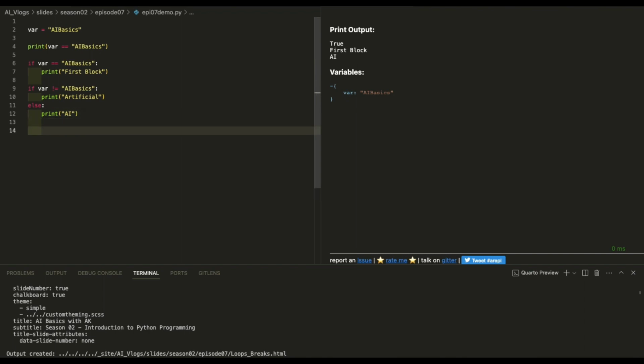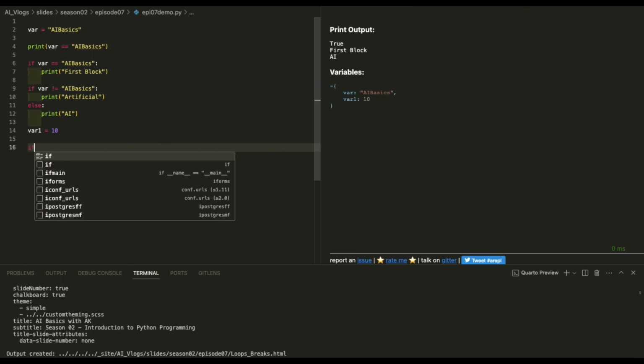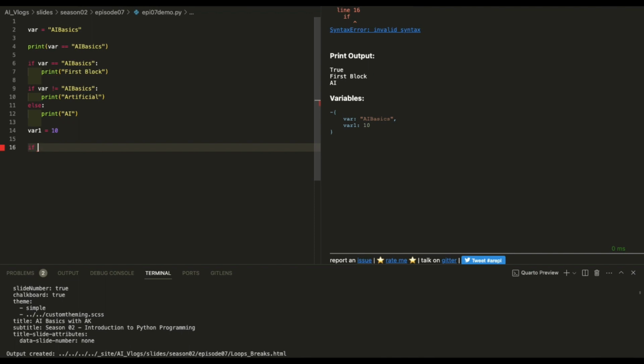Now let's declare one more variable. Let us call var1 is equal to a numerical. This time let's define something called numerical here. Now what we'll do is that we will try to perform some numerical operations within it. Now say for example, if var1 is, say for example, less than or equal to 30, print,